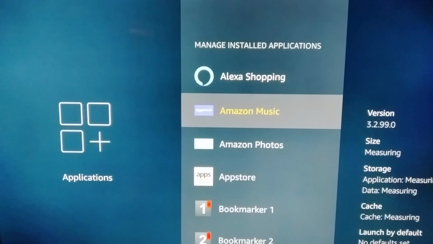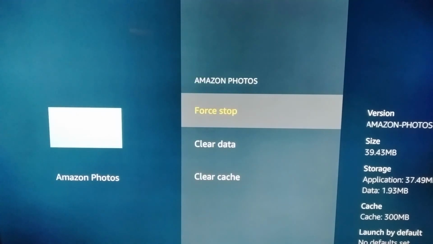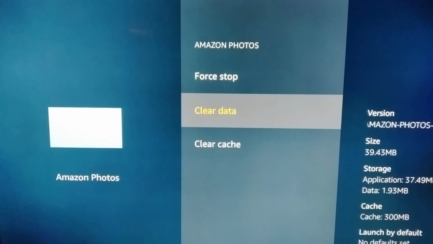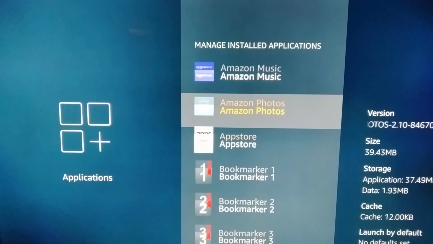Go back a screen. Amazon Photos. It's got 300 megabytes of cache being used. Cache is limited. It's not like your storage. There's a mysterious limited amount of cache that your Fire Stick has for each application. And once you reach that limit, the application will start to act funny. This cache, 300 megabytes, clear cache, is down to 12. I go back. Now, I would do this for each and every one of my apps that I constantly use,